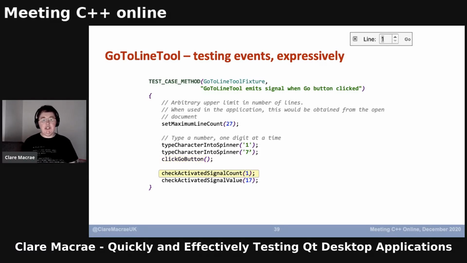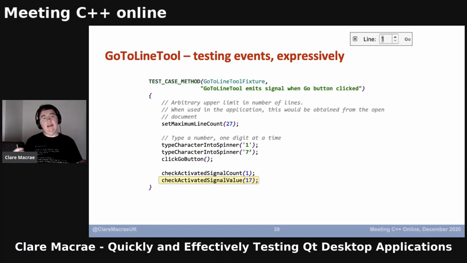And then QSignalSpy is actually really quite complicated to call. You've got a lot of argument checking to do. That also is all hidden away. And I'll say check that my signal was only emitted once, and check that that emission contains the value 17. So that's really expressive. The intent is really clear, and you might think that a natural next test to write